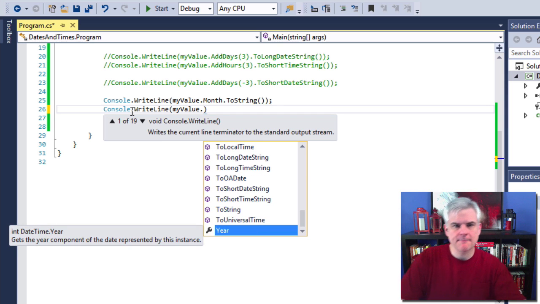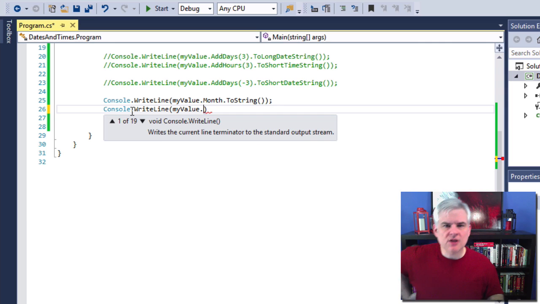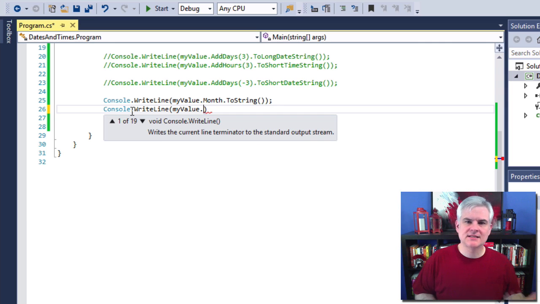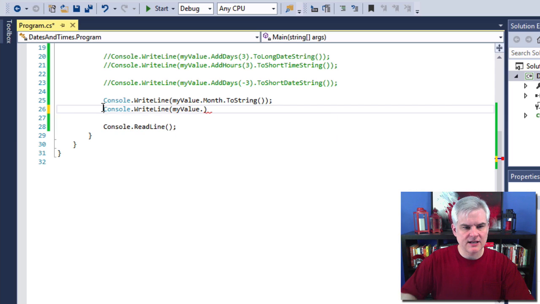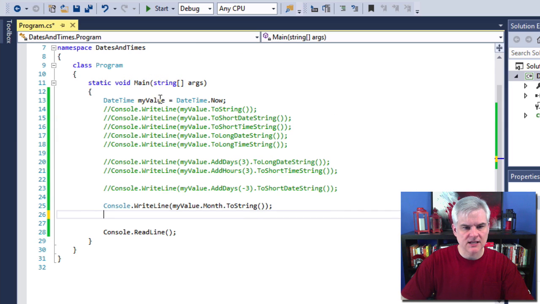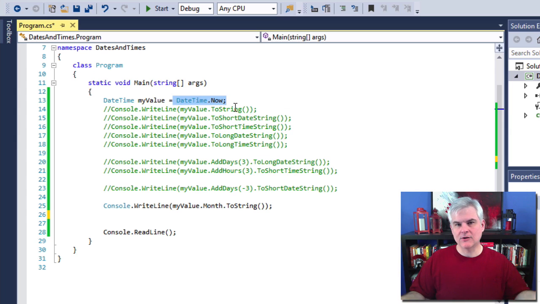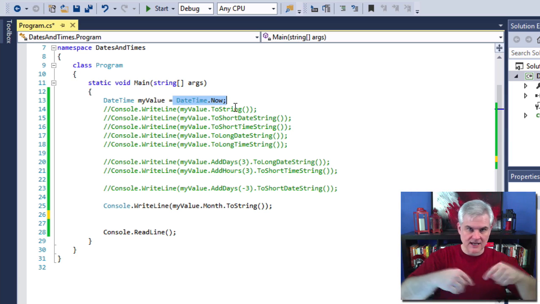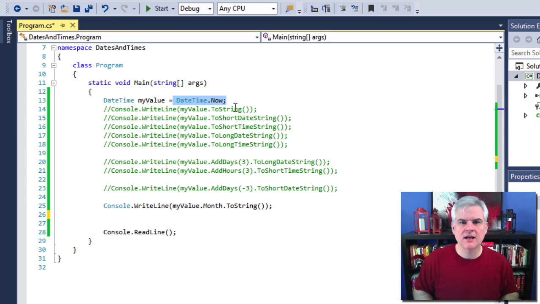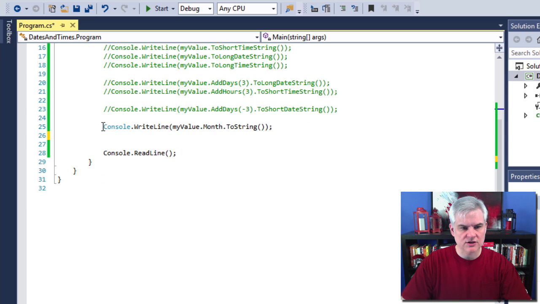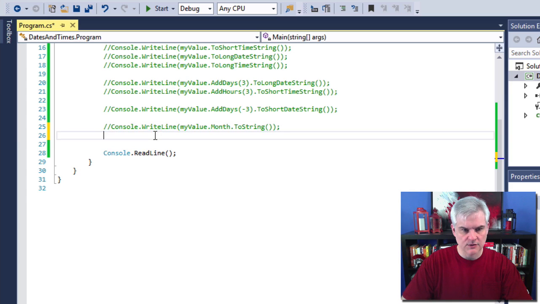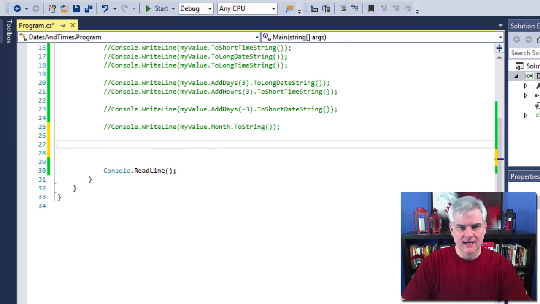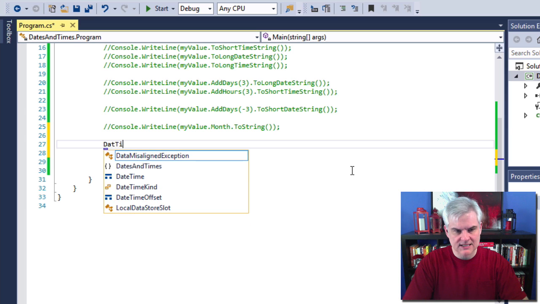Great. Okay. All right, so let's talk about creating and initializing date objects. We saw how to do that here at the very outset, where we actually set it to DateTime.Now. That created a new instance of the DateTime class and initialized it to right this second whenever your application is executing. All right. The first way is through an overloaded constructor instead of doing it the way that we did it here. So let's go ahead and just go DateTime